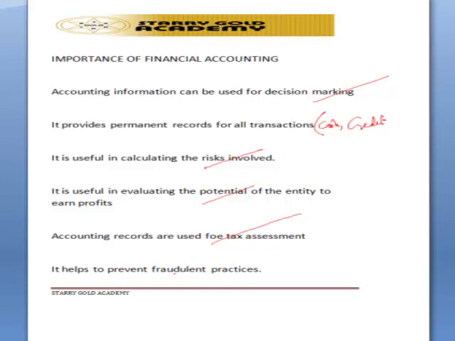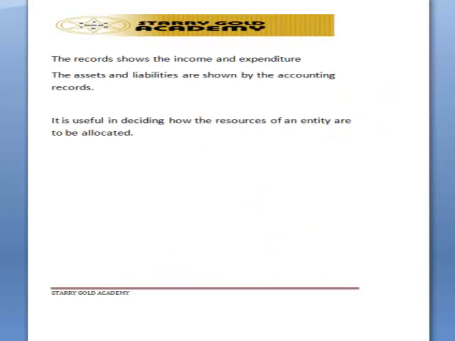It helps to prevent fraudulent practices since there are financial records, and their records have been kept properly. Another benefit is that the record shows the income and expenditure of a company or reporting entity in question. Also, the assets and the liabilities are shown by the accounting records. Then it is useful in deciding how the resources of an entity are being allocated. So these are the usefulness of